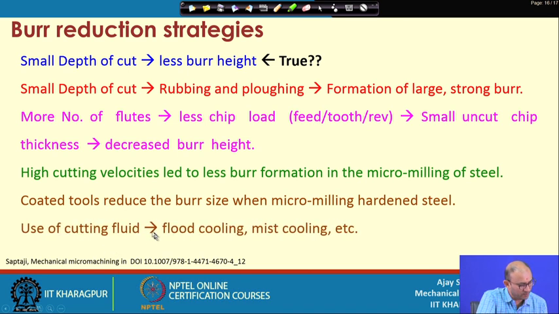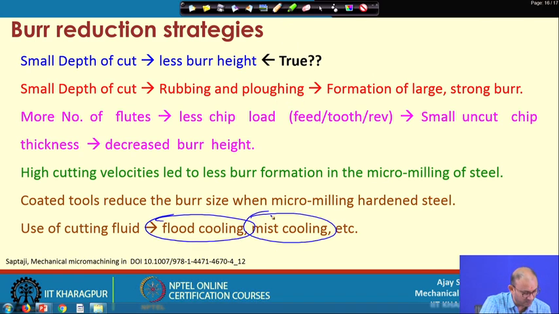And the use of cutting fluid is also important, because we know that we are doing machining by a mechanical method. That means there is contact between the cutting tool and the workpiece. Friction and heat generation are very high in this case. So, we have to find ways by which we can dissipate this heat and cool down very easily, so that there will not be more damage because of the friction and the heat. In this case we mostly go with two different ways: mist cooling and flood cooling.